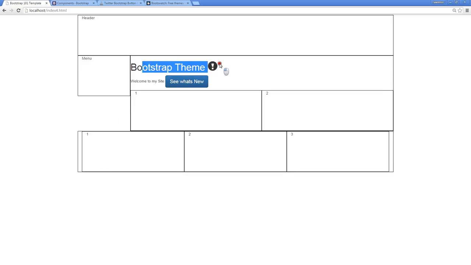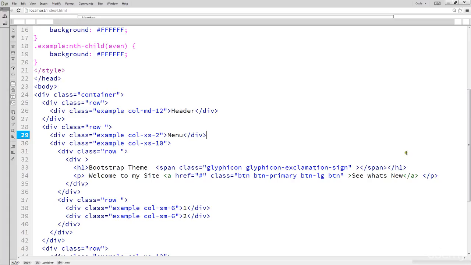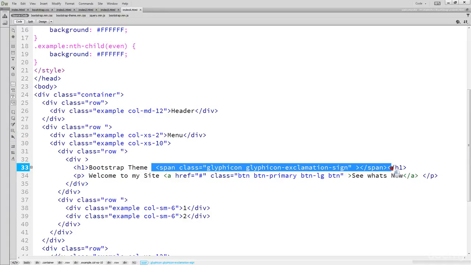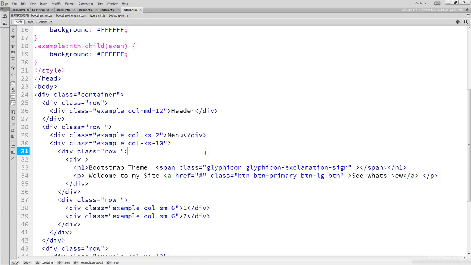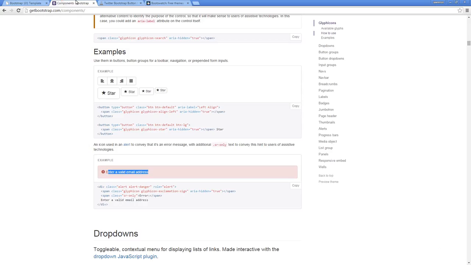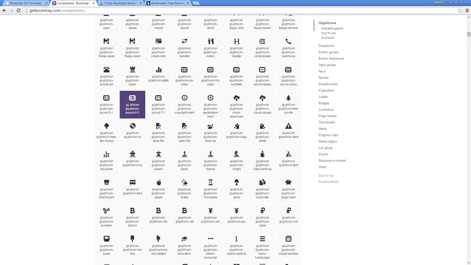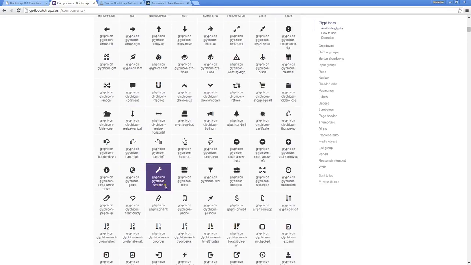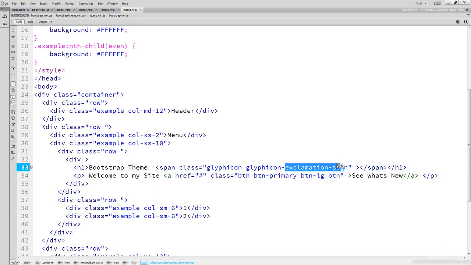So we've just dropped one here within our Bootstrap theme, and we've added it right next to it, and the code is just a span. We want to have that span so that we're not going to have a new row. We want to use span as the syntax. So span, class, glyphicon, and then the glyph that we wanted to use. So we want to use the exclamation mark, and if we don't like that exclamation mark, we're going to maybe just pick this wrench, or the globe actually. So take the globe,